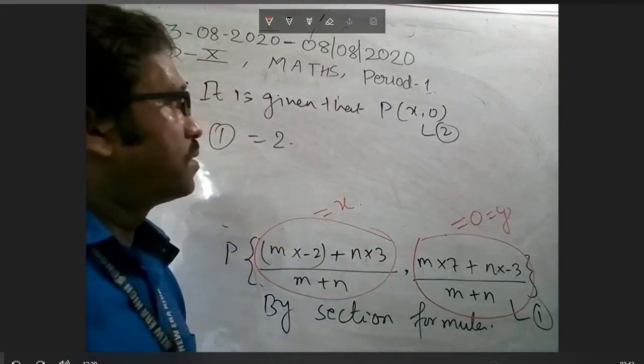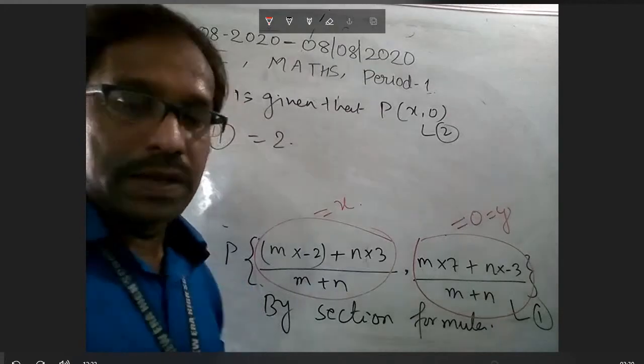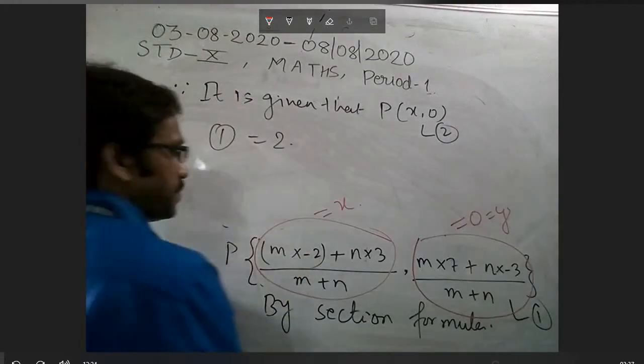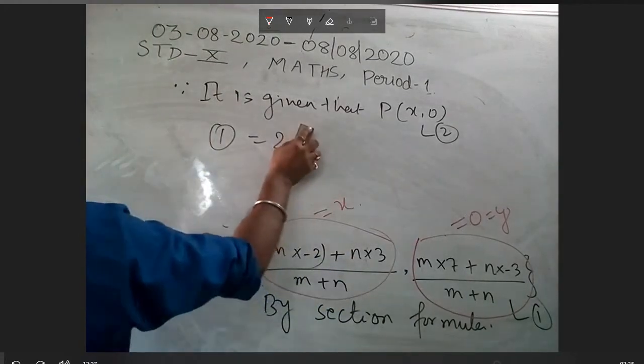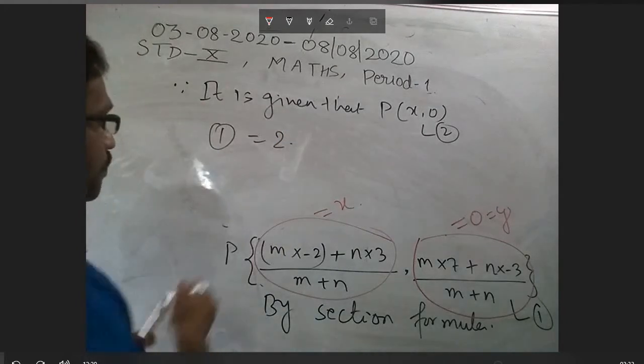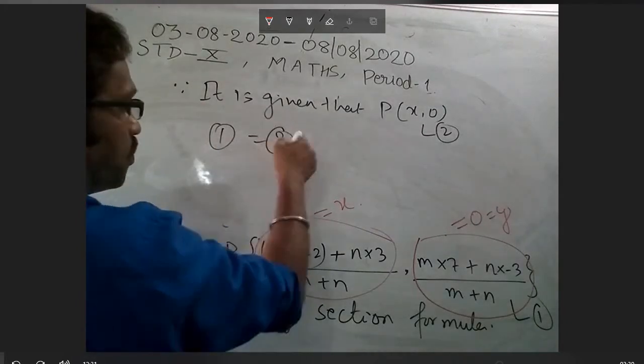Okay, I will not focus on that. I have to find that location also, but later on. First I will try to find out what m is to n. Once I find the ratio of m to n, x can be found very easily. So let us start from these points 1 and 2.